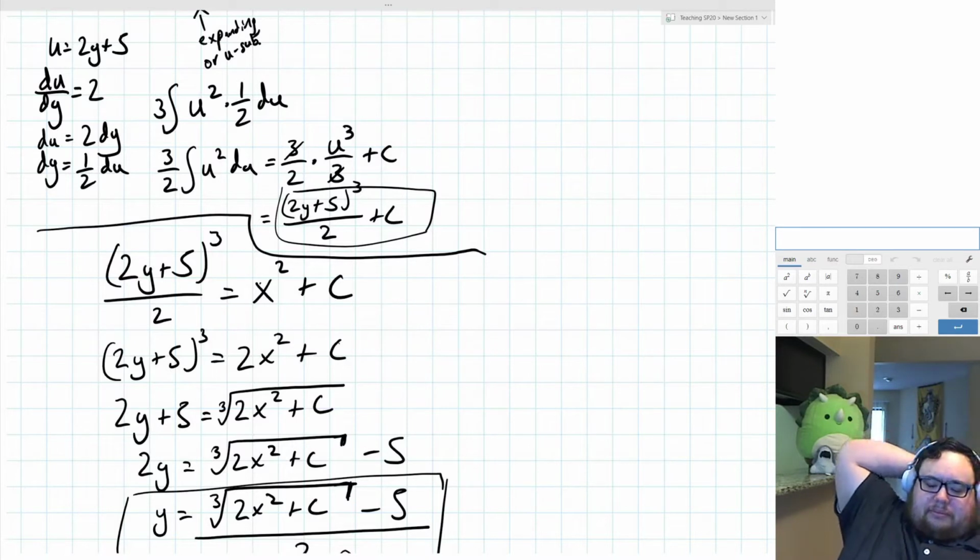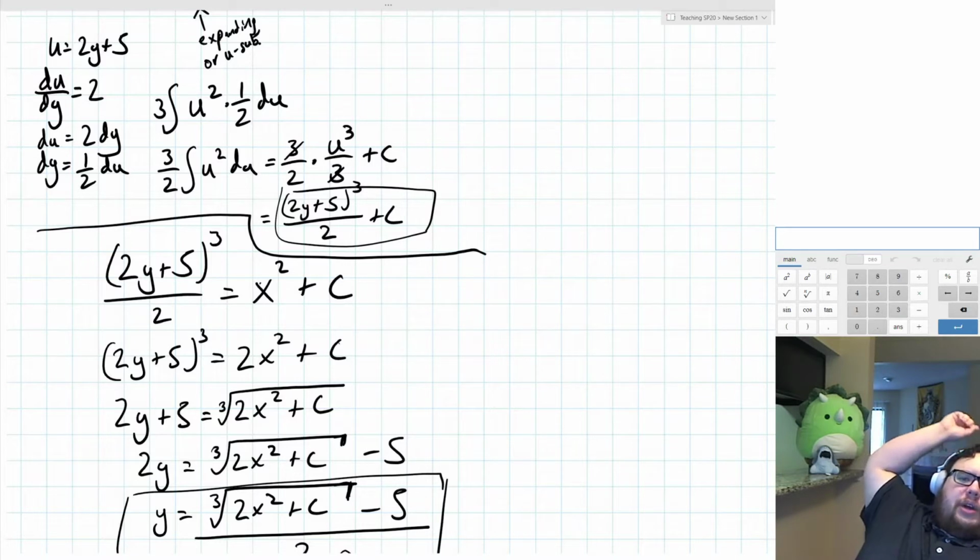But here's another question. What if that constant got multiplied by something, like a power of 2, can it technically get outside of that cube root then? It would be difficult to get it out of the cube root because it's 2x squared plus c and then the cube root of that. It would not be possible to pull it out of that cube root without it also being dependent on x, which would make it no longer a constant. Oh, okay, that makes sense.